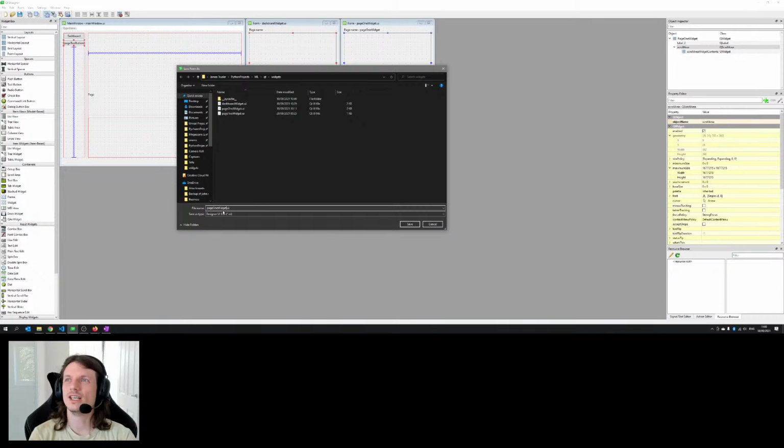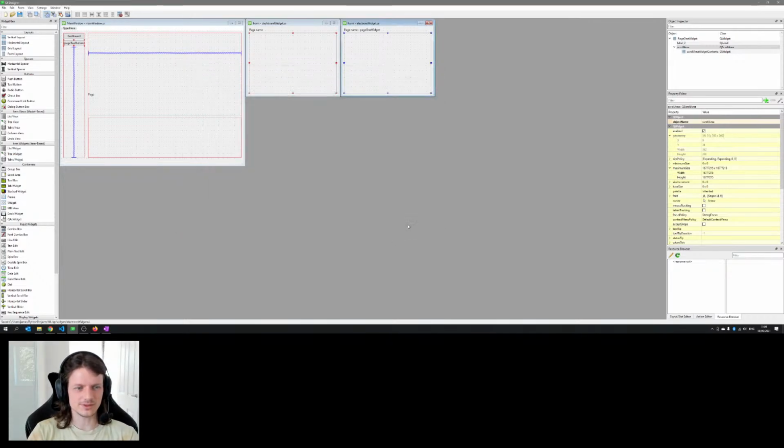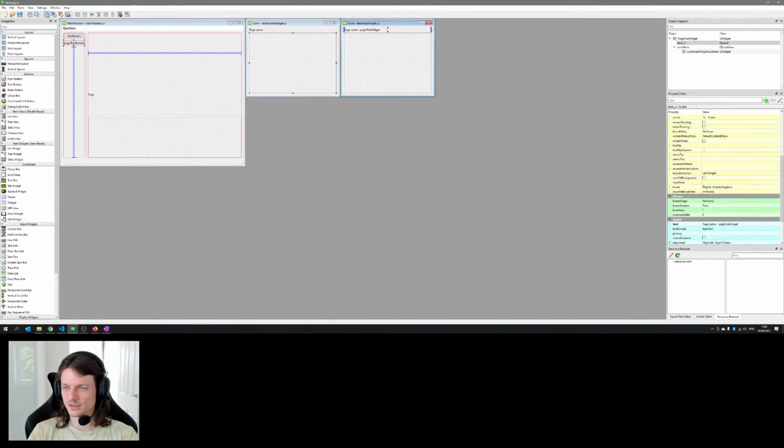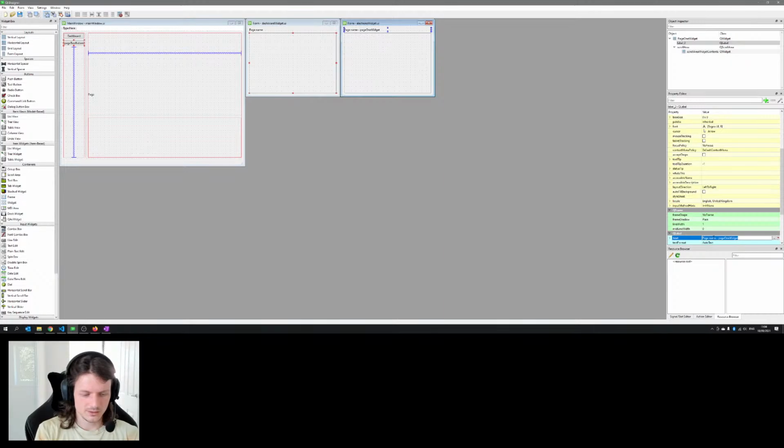Description of electrons. Let's call it electrons. So electron widget. Save. Yeah, great. And inside here, we're going to call this electrons widget, I guess. Let's just put a space in there.